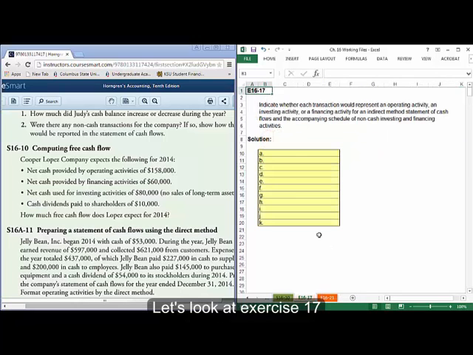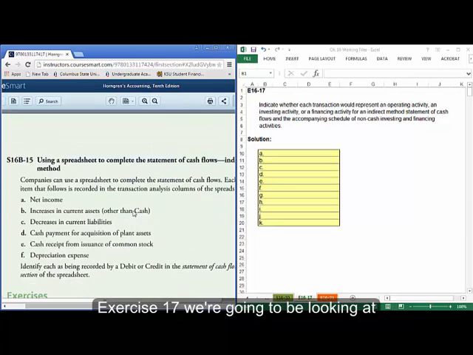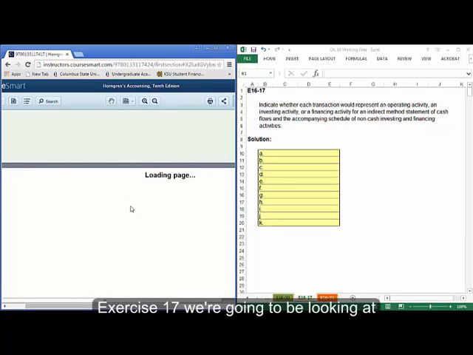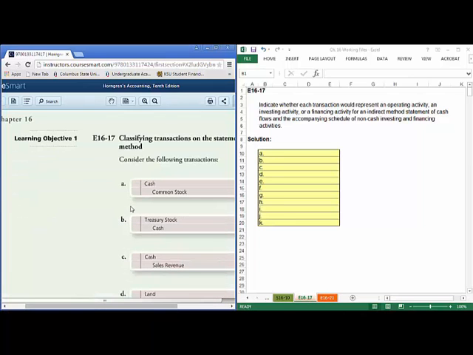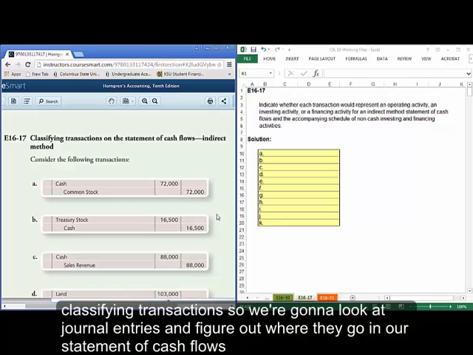Look at exercise 17. Okay, so exercise 17, we're going to be looking at, it'll come up. Classifying transactions. So we're going to look at journal entries and figure out where they go in our statement of